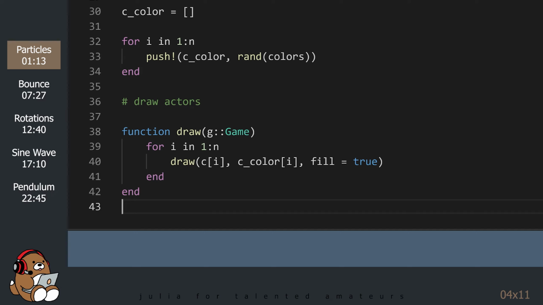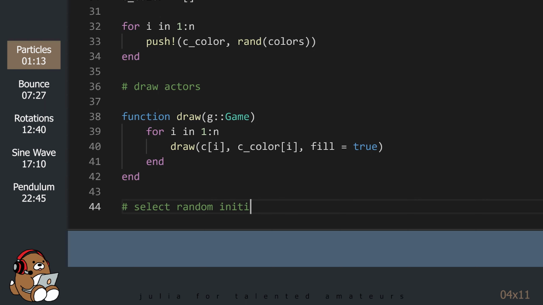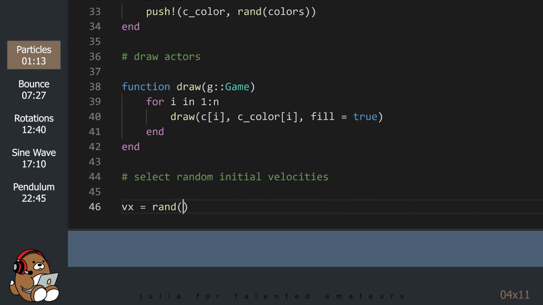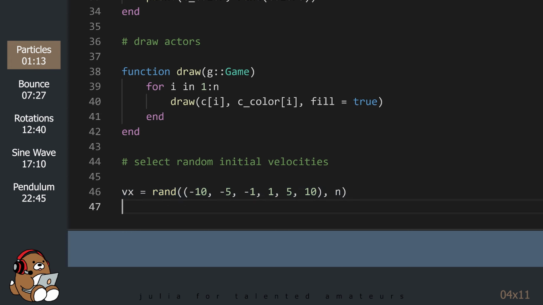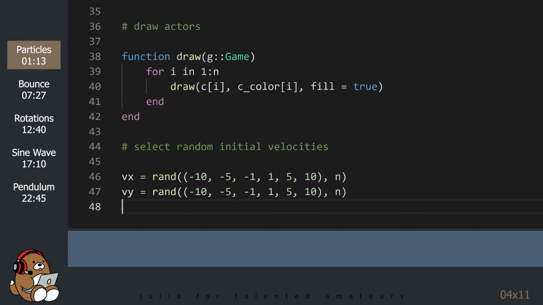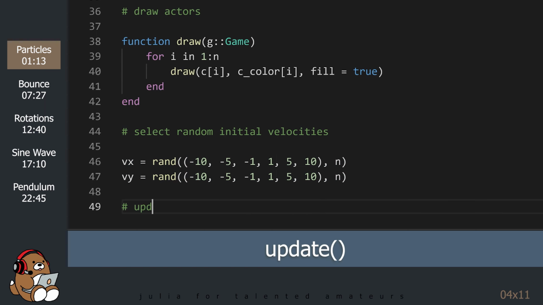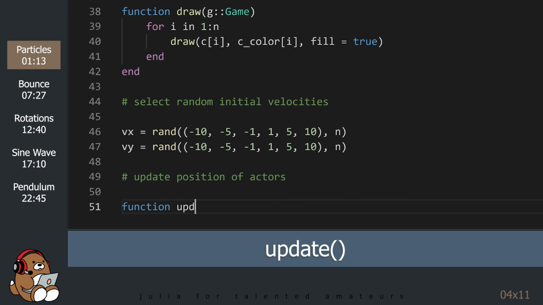Now that we've set up our game window, defined our actors, and drawn them, we need to figure out how to get the actors to move in the game window. We start by selecting random initial velocities for our actors. Now, this next part is different.